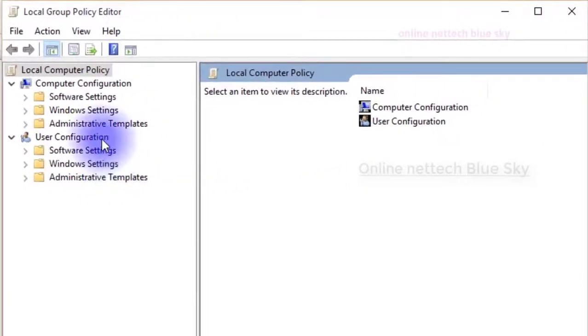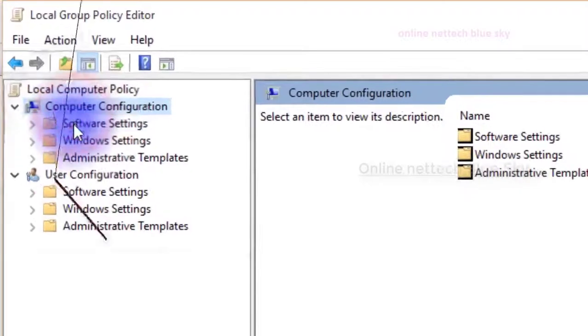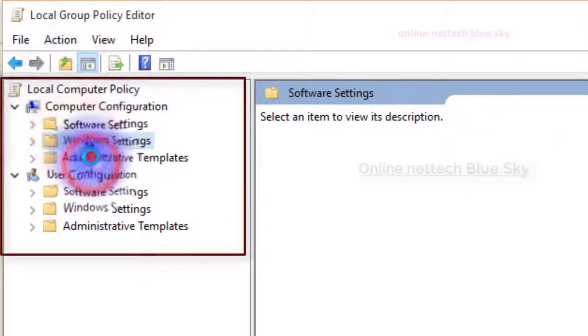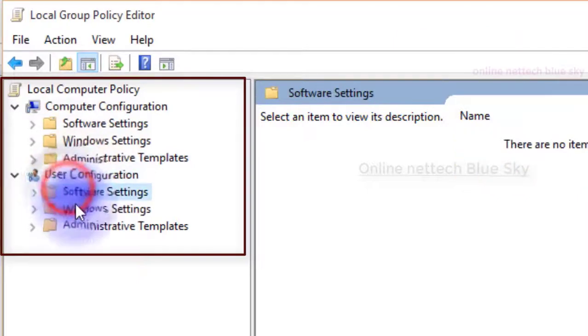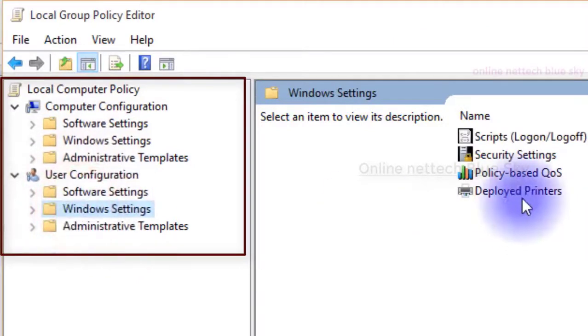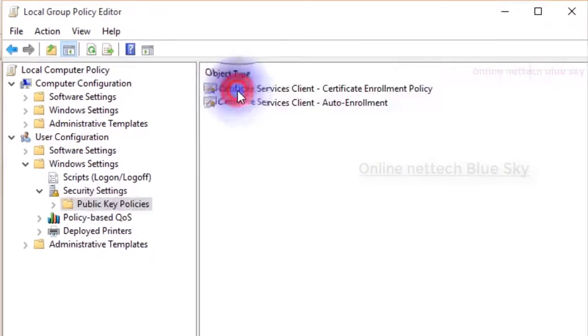You can see here, going to computer configuration, into administrative templates, and you can see the policies we use for the user. Click on user configuration, public key policy. You can see a certificate and different tabs here.